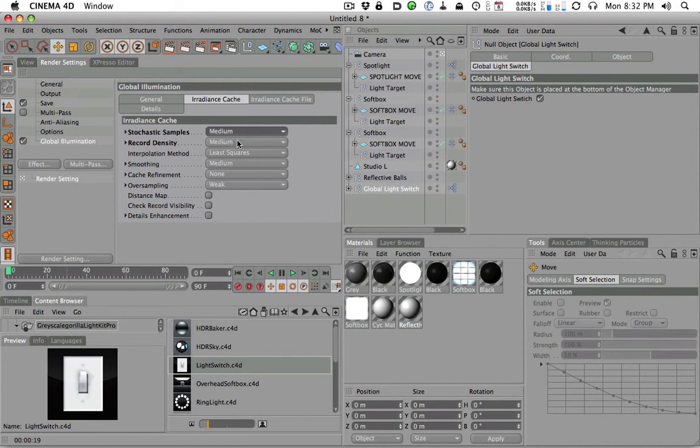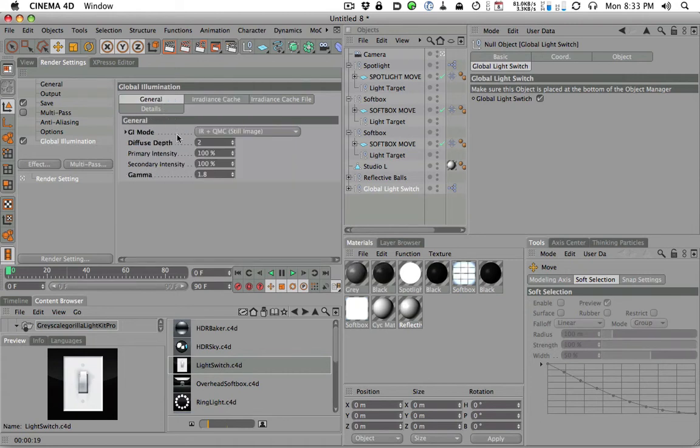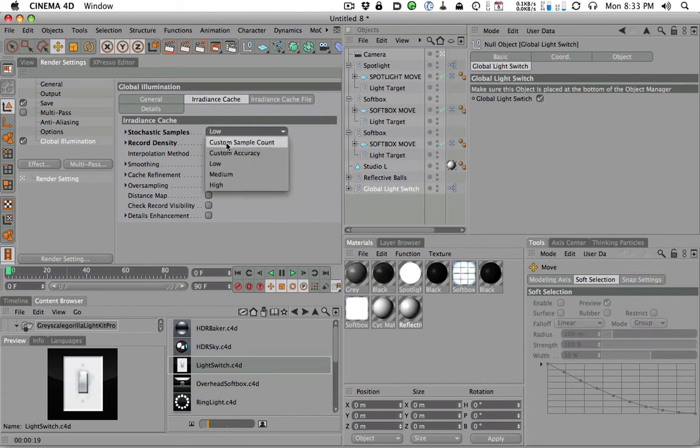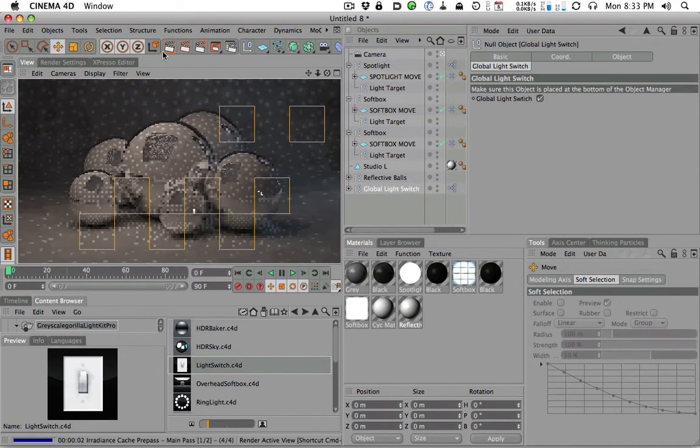Again, there's way more detail in global illumination that I'm not getting into, but know that if you're getting splotchiness or inconsistent shadows, you need to turn this up, and both of these up usually. So you could try one or the other, and then that's it. I mean, diffuse depth, if you turn it up, I'm going to turn it back to low because we had some pretty good settings. As you turn up the diffuse depth, you're going to get a more and more accurate